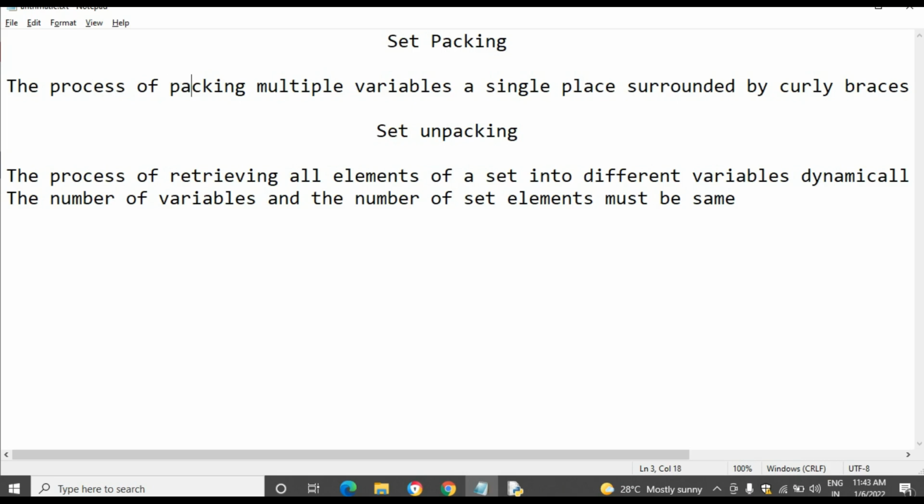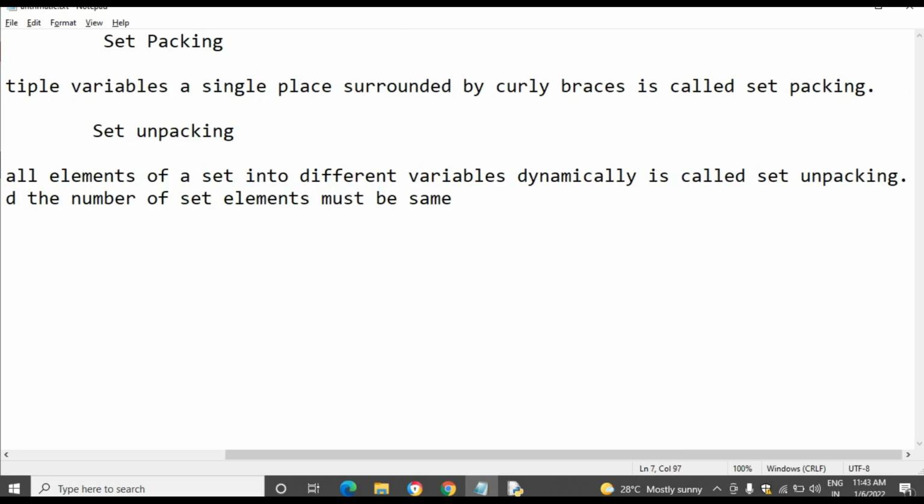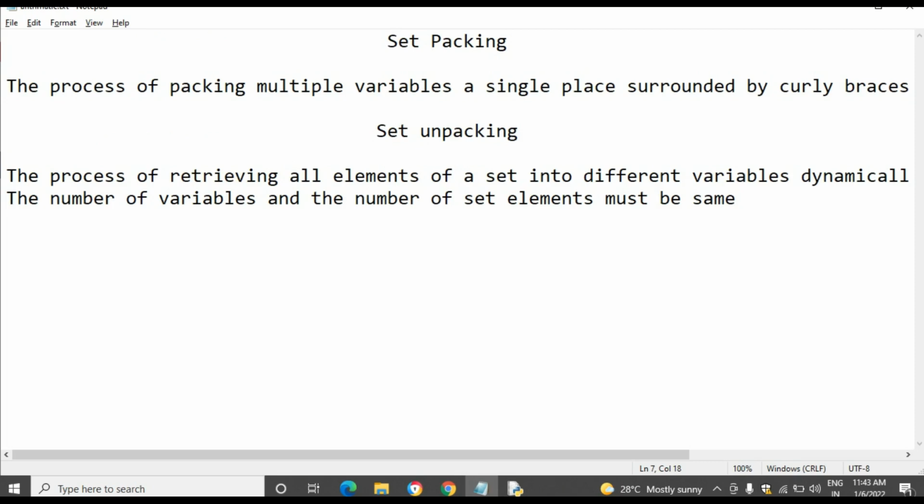The process of retrieving all the elements of a set into different variables dynamically is called set unpacking. But there is one condition: the number of variables and the number of set elements must be the same, then only can we unpack the elements, otherwise we can't unpack.